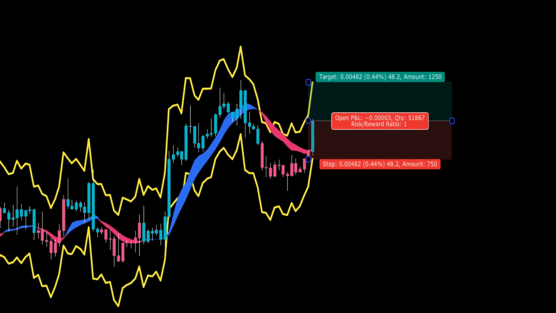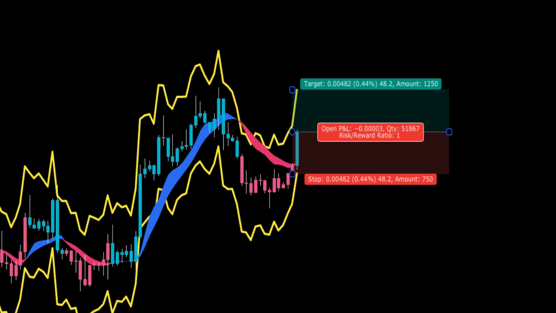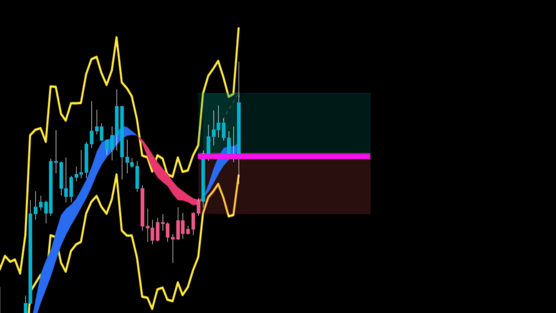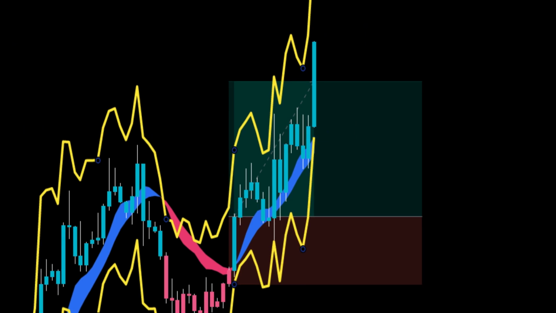We place our stop at 2 times the ATR and target 1-to-1 for the first half of our trade. When target 1 is hit, we move the stop to break even and target 2-to-1 for the remainder. And the second half of this one hits our 2-to-1 target. Now we flip to shorts.